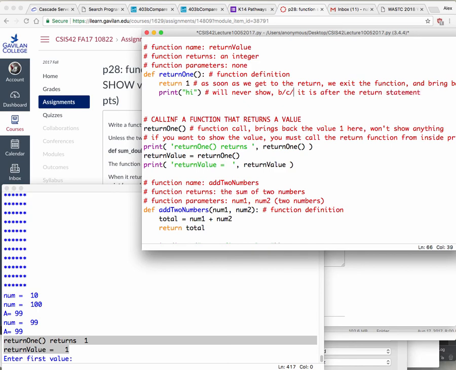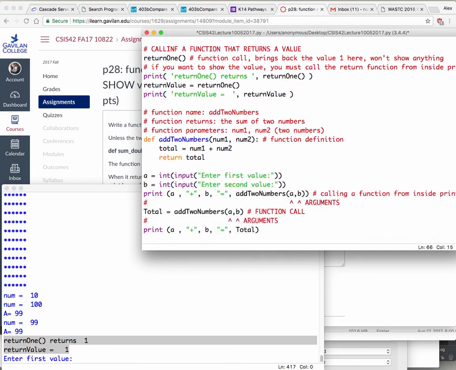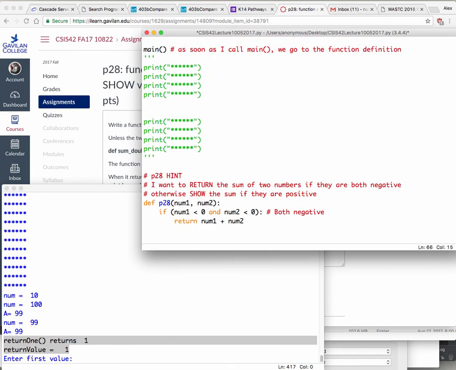Okay, so if you ever hit a return in a function, it's the same as when you hit a break in a loop. Right? If you hit a break in the loop, what happens? You're out of that loop. It doesn't do anything after the break. Same thing if you happen to have something after the return, that's great, but you're not going to be able to see or do any of the statements that are after the return. Okay. So if both are negatives, I'm going to hit the return and